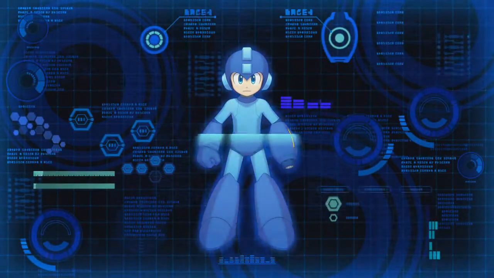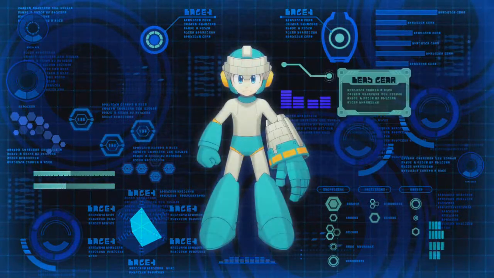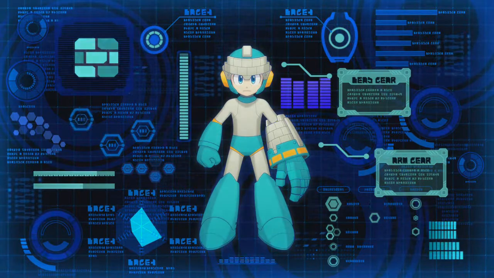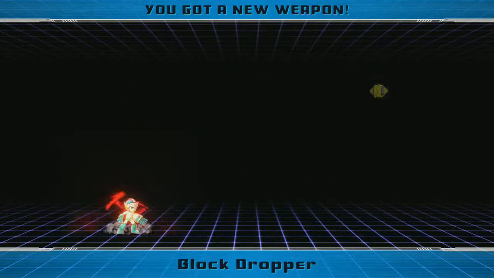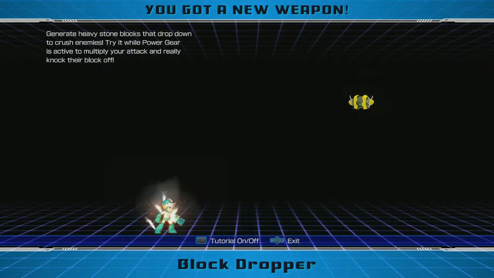But this weapon gets Scream. I like how it's changing him, but I don't like how long it takes to load all of this stuff. A lot of it seems kind of dull. And then we get to this. This is the part that's cool. Alright, so Block Rock Burn. And that's what it looks like with the power gear, because